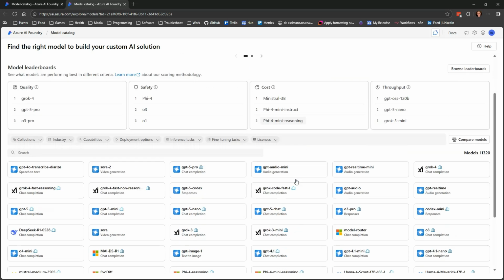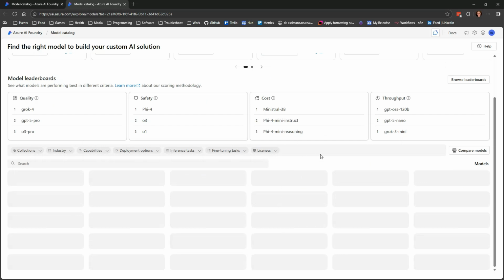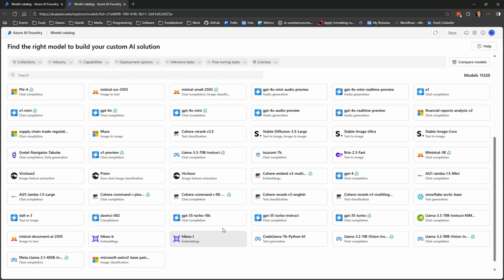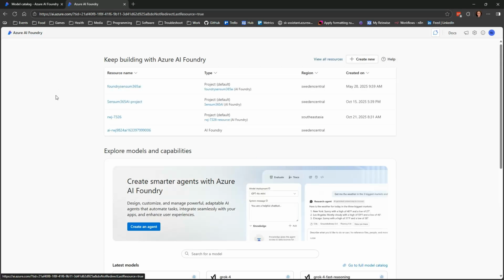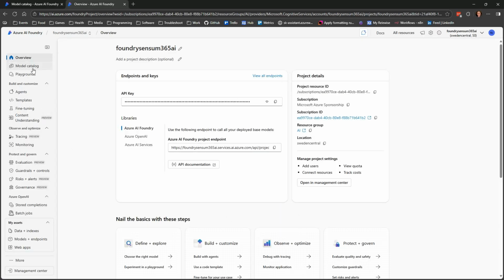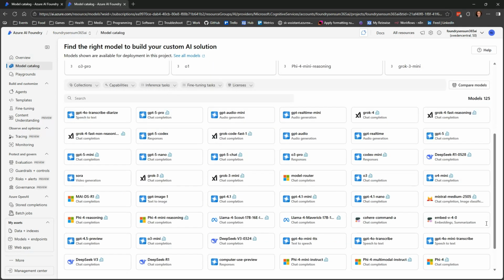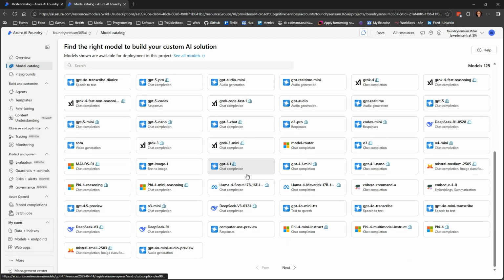That's a nice marketing ploy, because many of these models in the 11,000 are something where you need to start up a new resource in order to use some of the Hugging Face models and such things. But if we go in and look again in here, we also saw there were more models, and there's 125. And yes, you can host them here, and you just spend your tokens like normal.